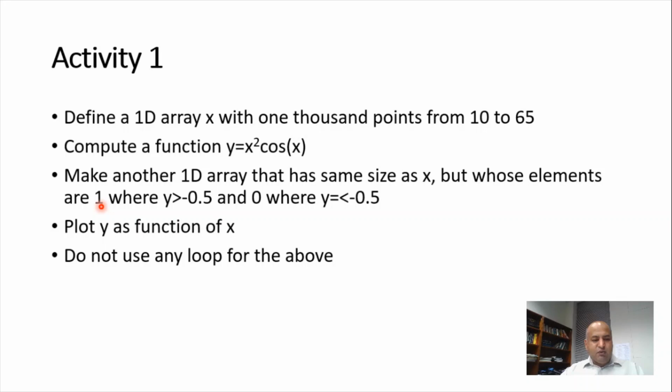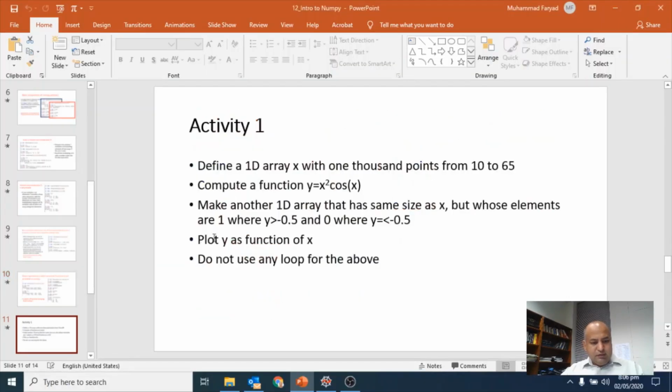Each element is either 1 or 0, and it is 1 if the elements of this array y are greater than minus 0.5, and it is 0 if it is either equal or less than minus 0.5. And once you have this new array, we should actually have called it something else. So not y, actually, let's call it, make another 1D array. Let me call it